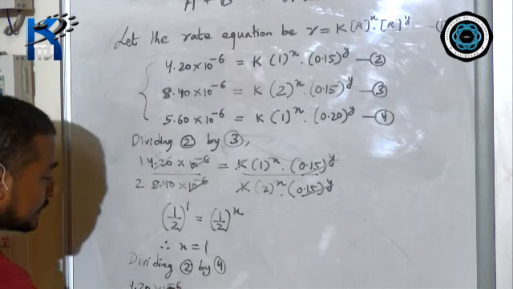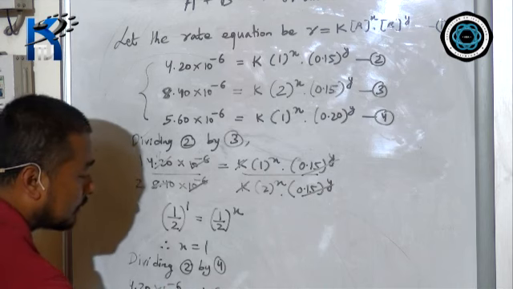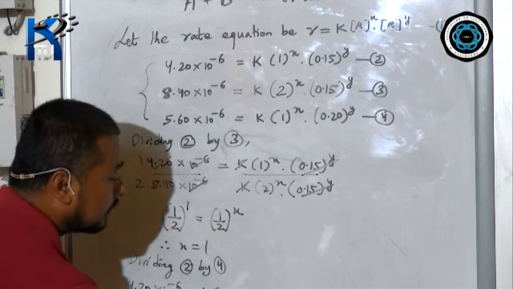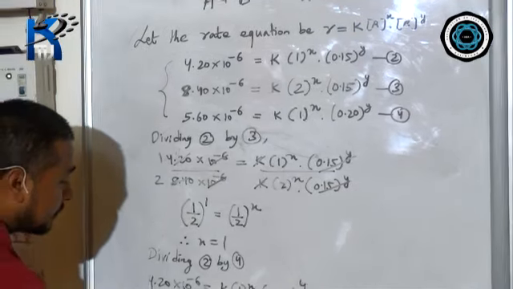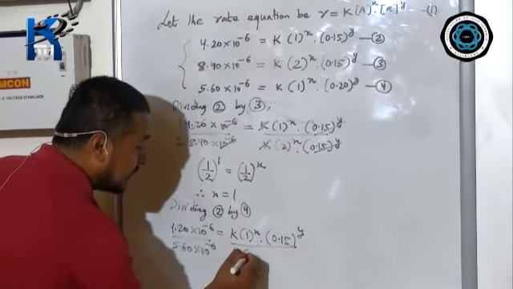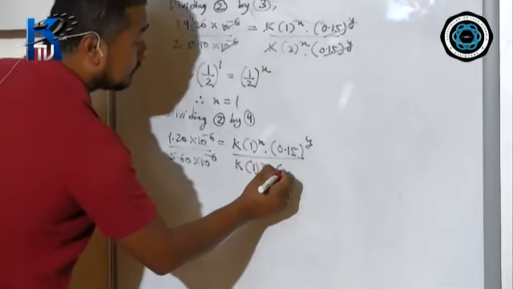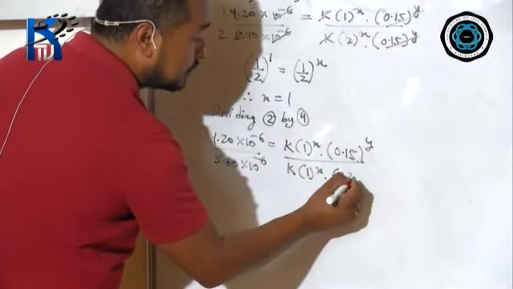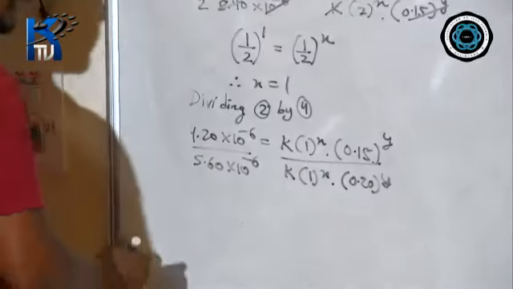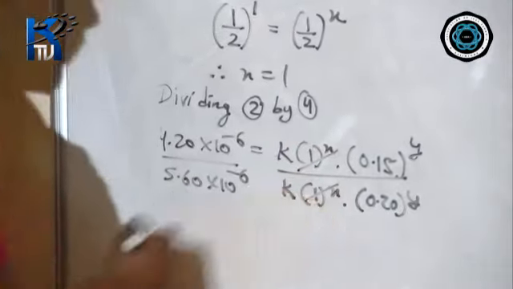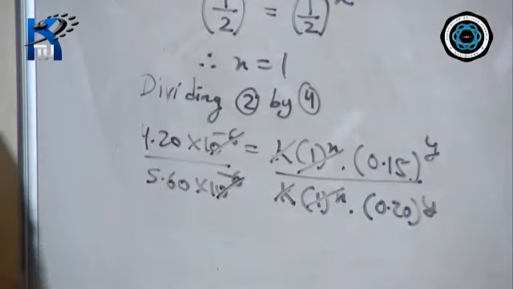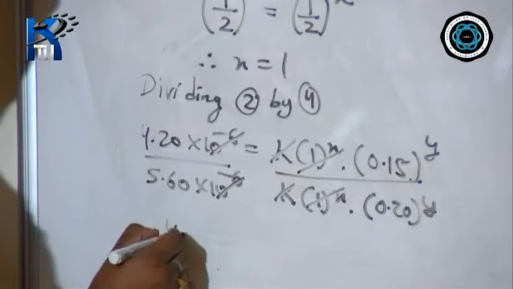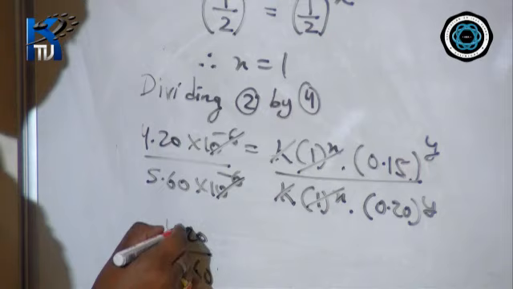4.20 into 10 to the power minus 6 is equal to k 1 to the power of x into 0.15 to the power of y, divided by equation 4, 5.60 into 10 to the power minus 6 equals k 1 to the power of x into the value of b, 0.20 to the power of y. So if you see here, 1 to the power x, 1 to the power x will get cancelled, k and k will get cancelled, 10 to the power minus 6 will get cancelled. Now what remains here is 4.20 upon 5.60,